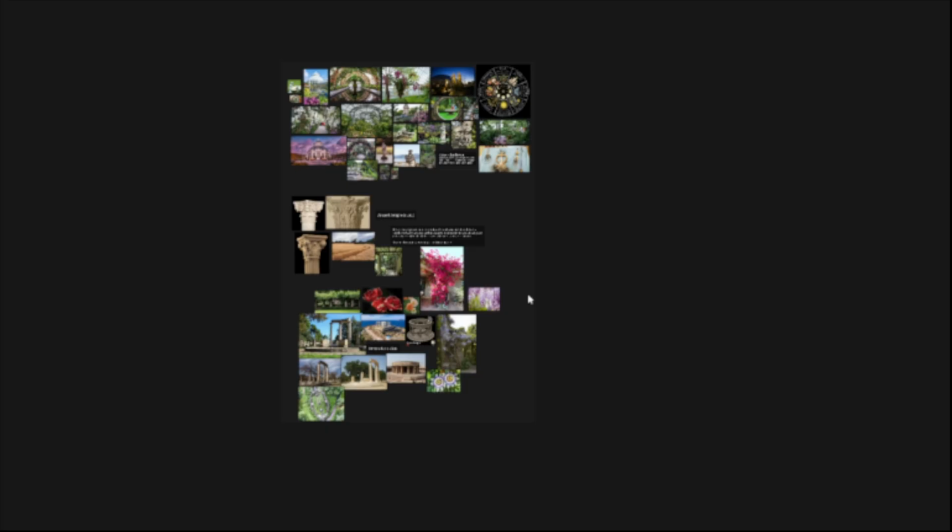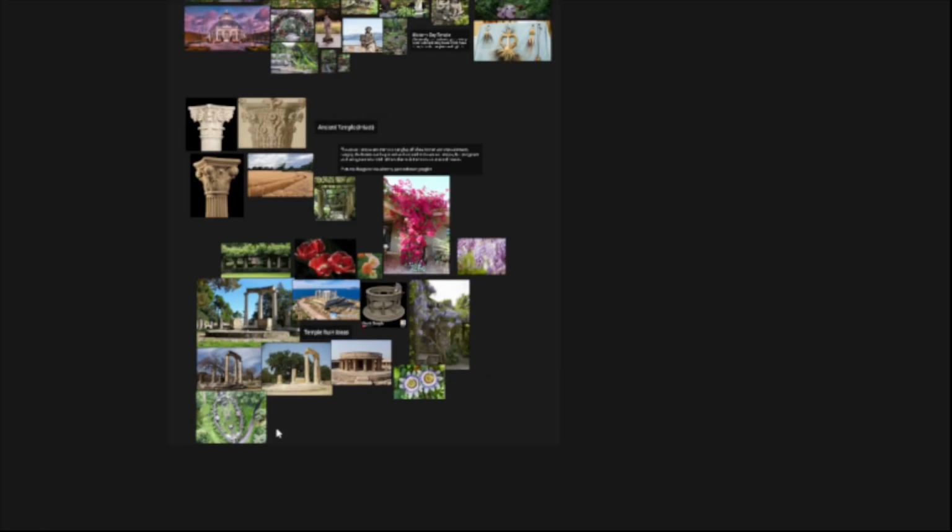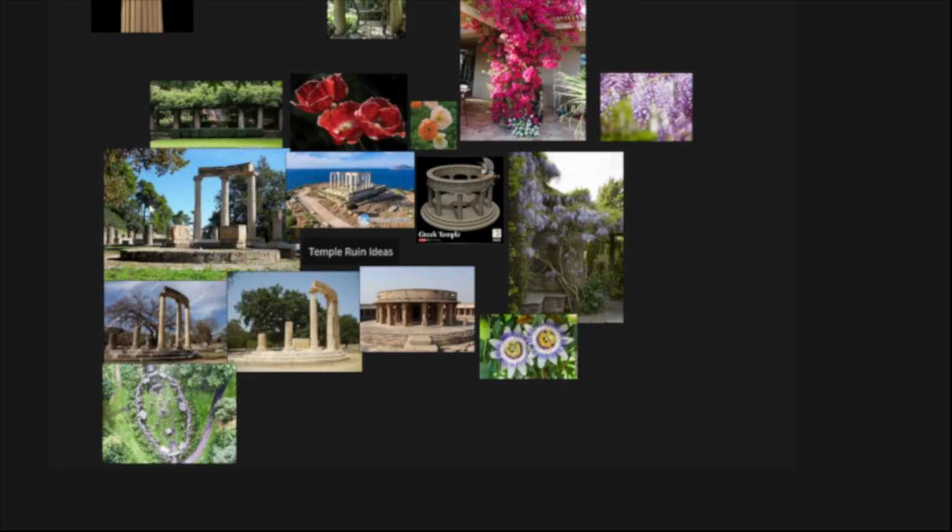The modern temple is going to be more like things that you would find in modern day rather than an actual temple. For mine, the ancient temple for Demeter, the goddess of the seasons, of farming and growth and all of those fun things, I decided to do a round temple that has an open top.